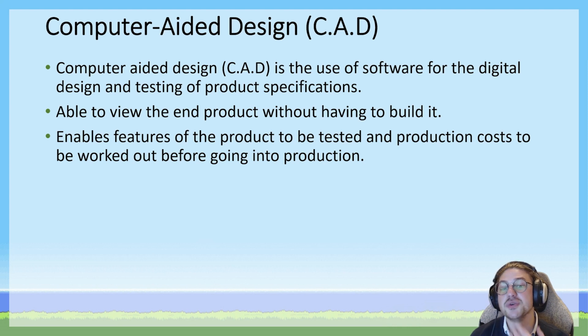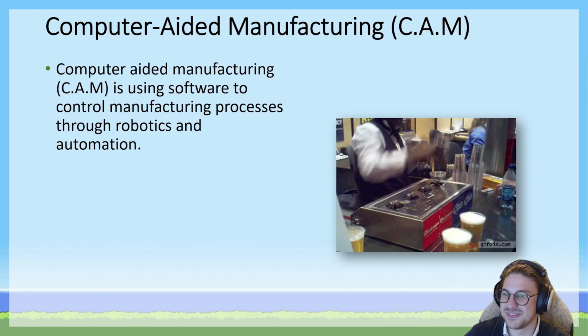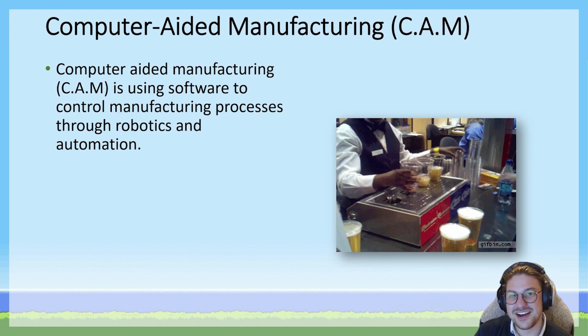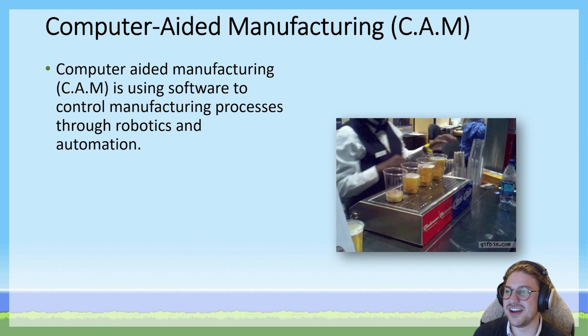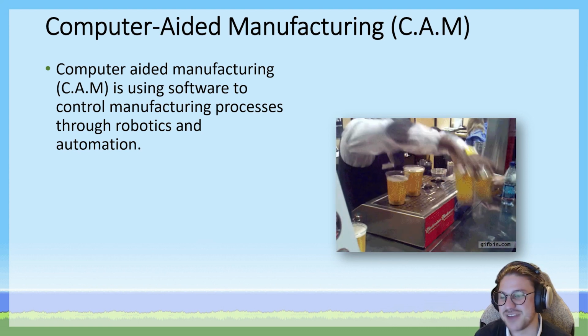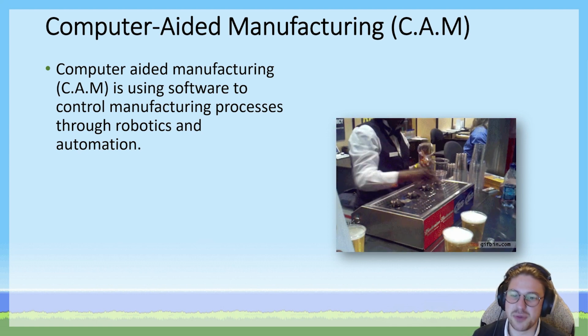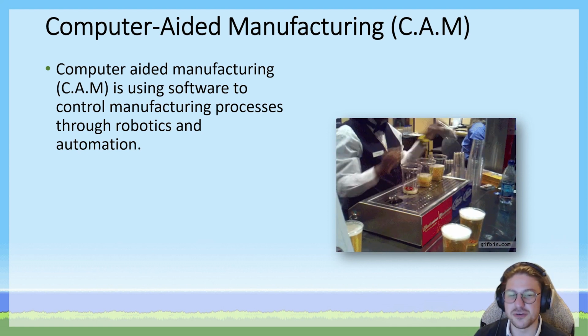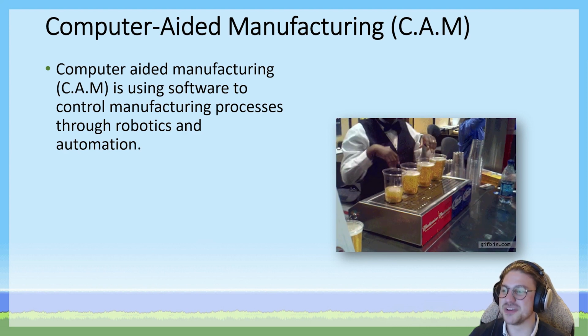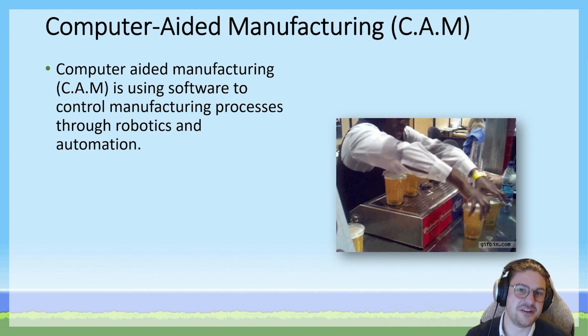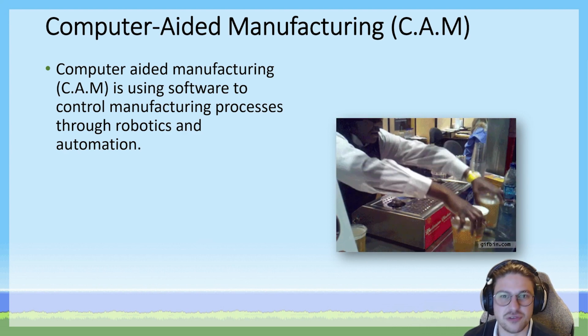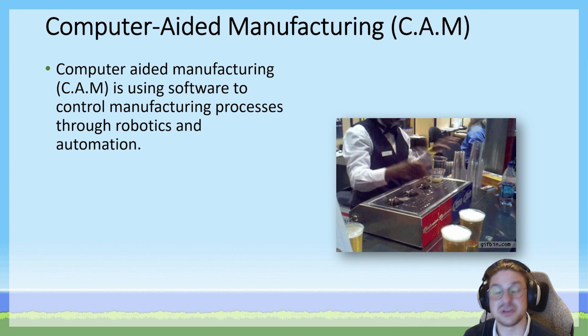Certainly, this is going to reduce production costs significantly for any business that utilizes design as part of their process. And sort of hand in hand with computer-aided design, computer-aided manufacturing is not dissimilar to automation and robotics, but it's the use of software-controlled hardware to assist humans in manufacturing, where automation and robotics refer to the replacement of human